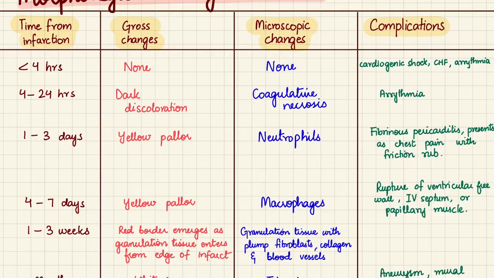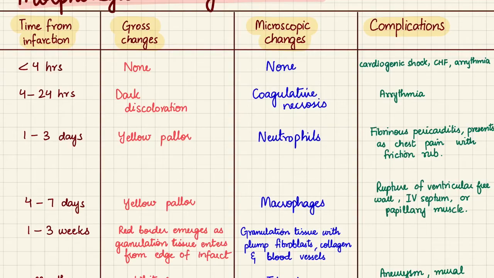and thus can elicit some unusual electrical activity and thus contribute to arrhythmias. In 4 to 24 hours after infarction, we can see a dark discoloration in the area that has been infarcted. Microscopically, we'll see coagulative necrosis. That simply means that the structure of the cells will be preserved, but there will be no nuclei. And also the viable cells and the infarcted cells show no clear boundary. The complications include arrhythmias. 1 to 3 days after infarction, the area is going to be yellow and pale due